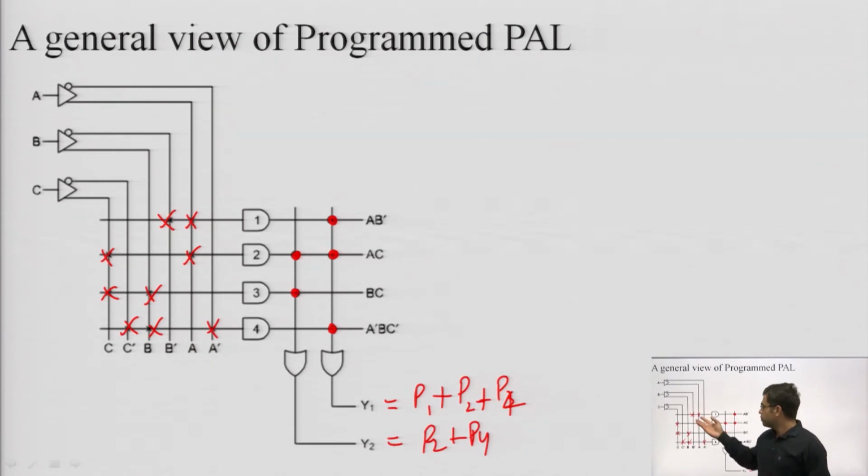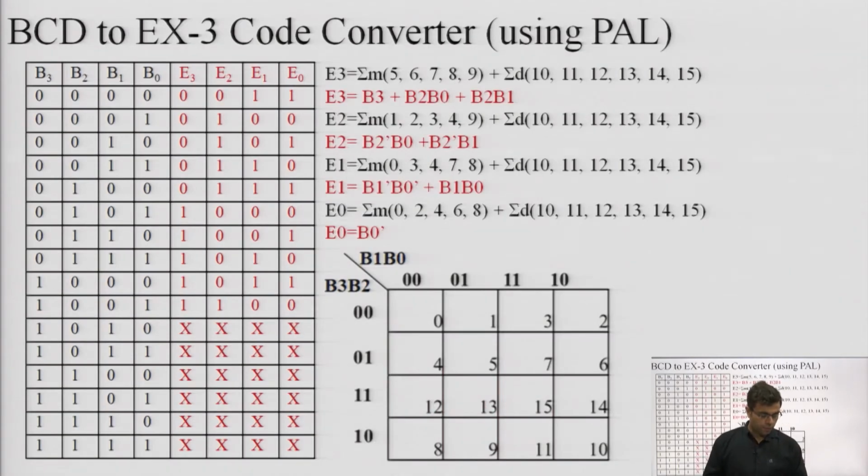This is a modular type of arrangement which I have shown you in the form of a user requirement. There are 3 inputs, a limited number of products, only 4 products, and a limited number of outputs, 2 outputs. But commercially available programmable array logic structures are a bit more complex; they are something like this. Before going to that, first we will implement a basic structure using the normal concept which we have covered so far.